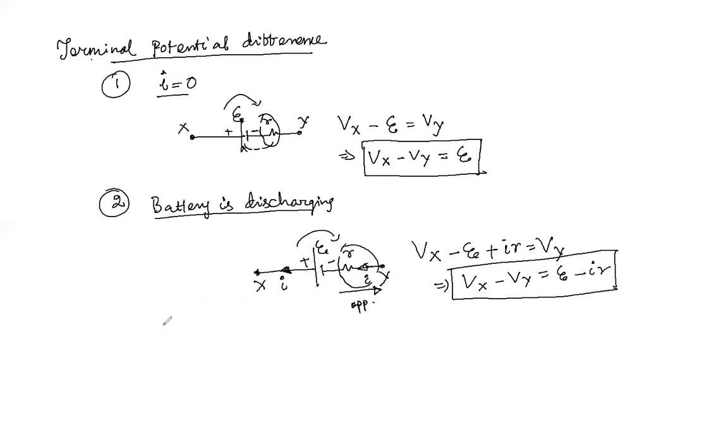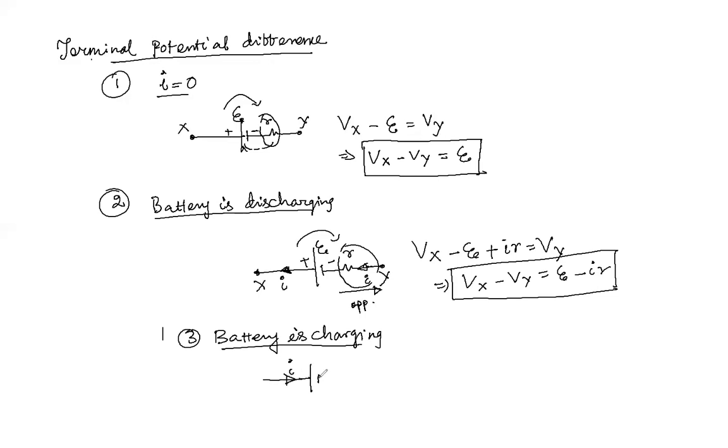So third case is battery is charging. Charging means we can say that current is supplied into the battery. This condition is also called battery is charging. So who is supplying the current to the battery? Some external power supply. You put your mobile in the charging mode. So in this case, the battery does charge. So that means current should enter into the battery.